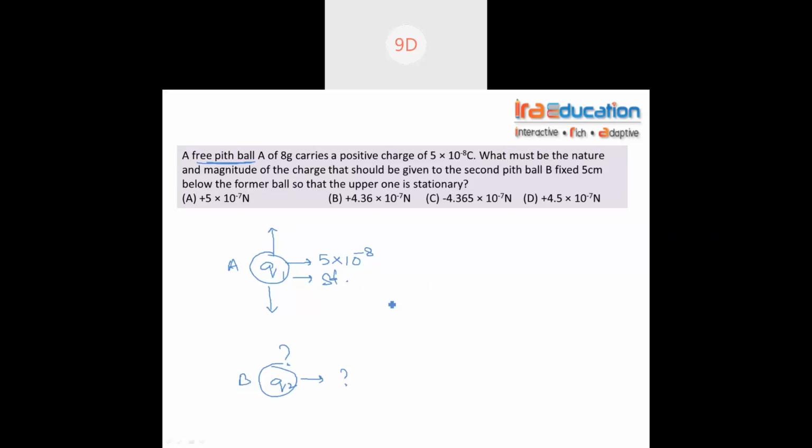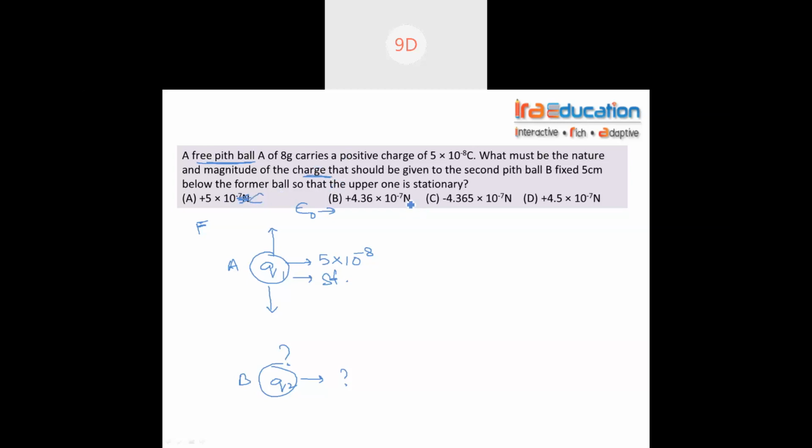There is another epsilon variable. No, the same epsilon naught we have talked about. That is permittivity. Why are the units given in Newton? Because he's talking about the force. Whether the force is attractive or repulsive, he's asking. No, he's not asking about the charge. He's talking about the force that is developed. One second, let's see. What will be the nature of charge? Yeah, it should be charge.